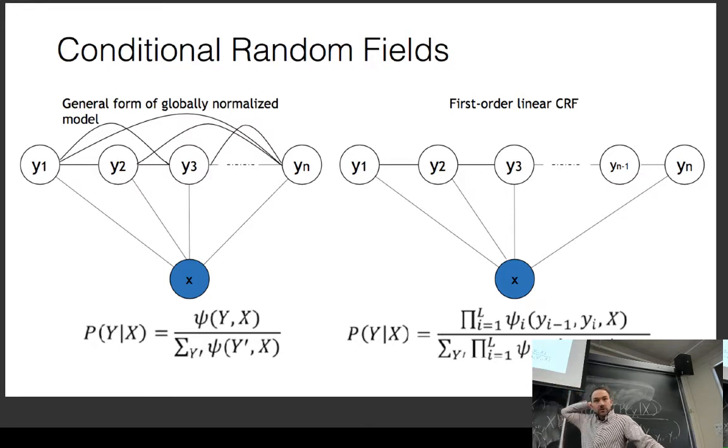So that's a really good question. Does it have to be a linear chain or can it be a dependency parse? It can definitely be a dependency parse. There are CRFs over trees. So anywhere where you can do a dynamic program and calculate neighboring labels, you can use a CRF. So if you can write a dynamic program over trees, which you usually can, then it's possible to do this.